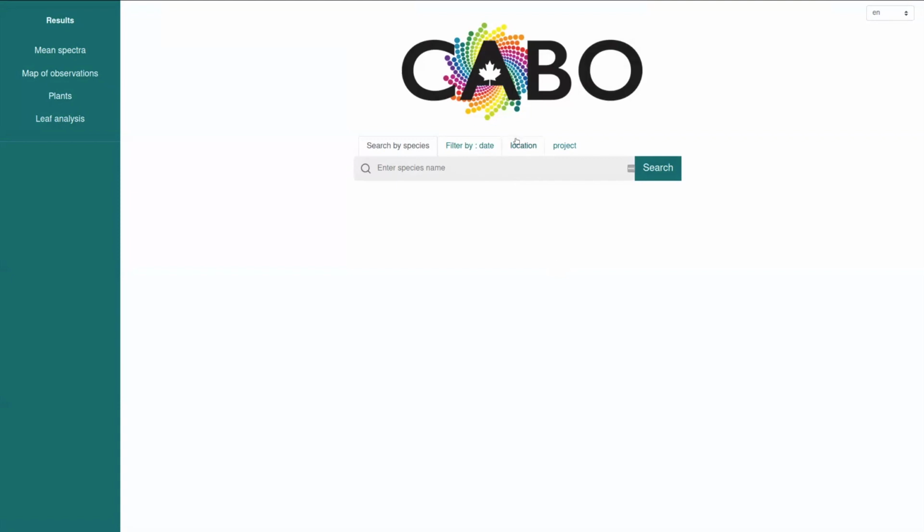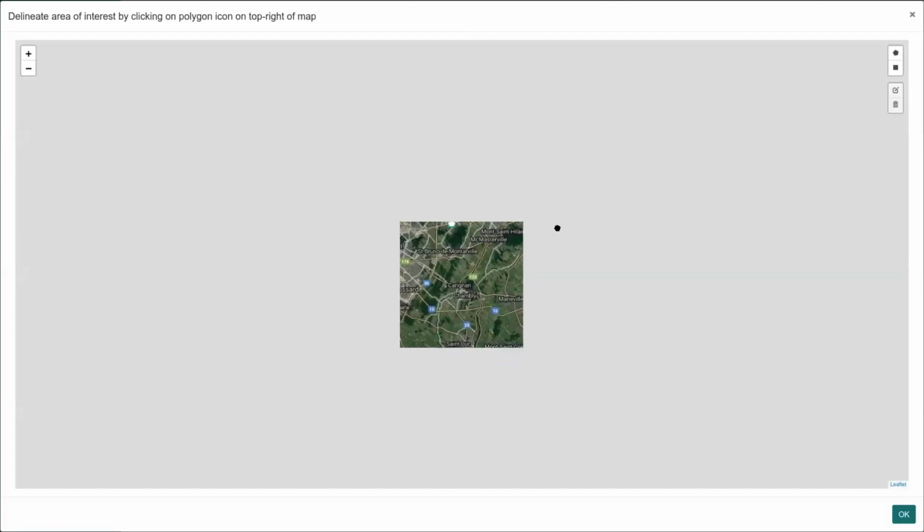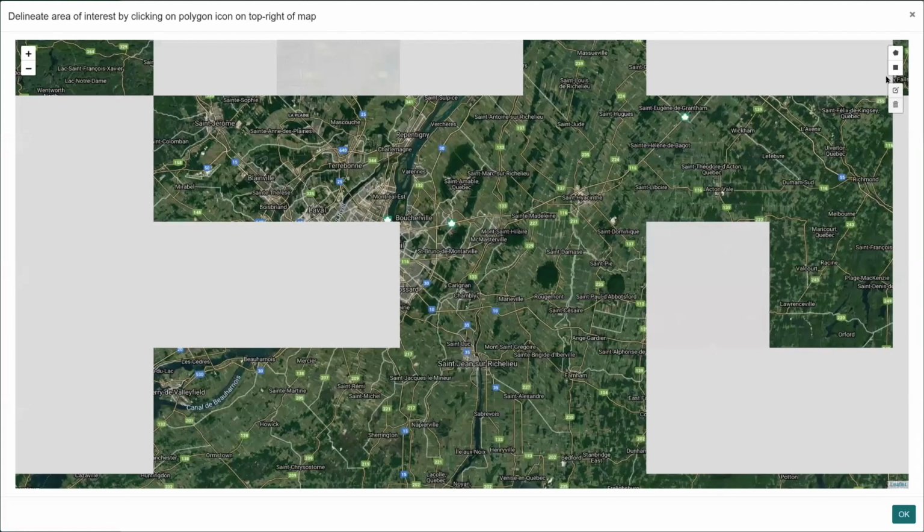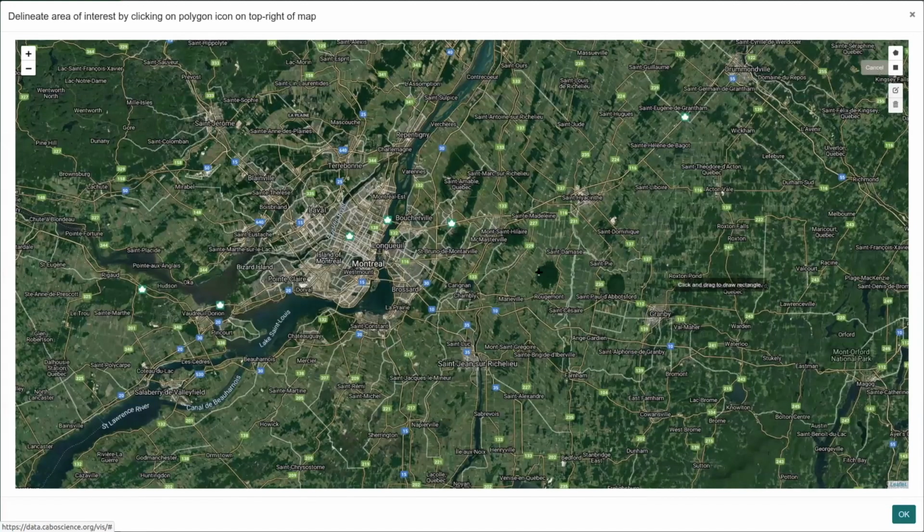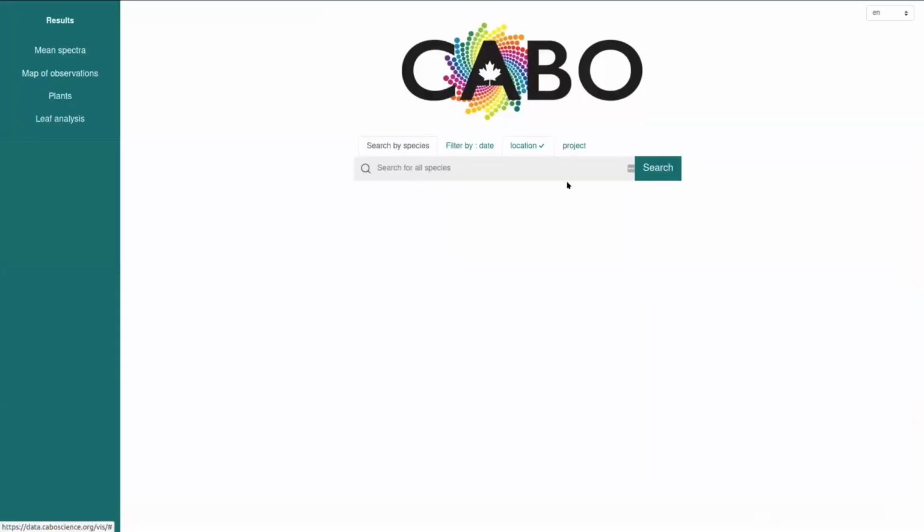You can also search by location. So that's going to give you a map. You can click here, and then let's say I just want to do the West Island here. You can click OK. You can also draw a more complicated polygon if you want. Once you've done that, you don't have to put in anything for the species. It says search for all species, and then that's going to give us 157 plants.